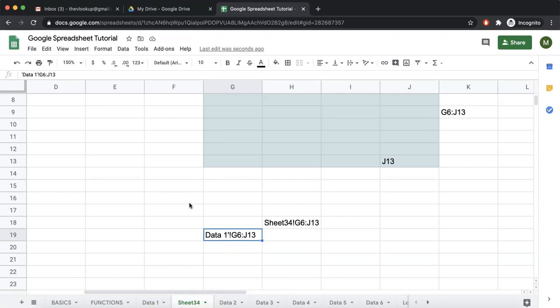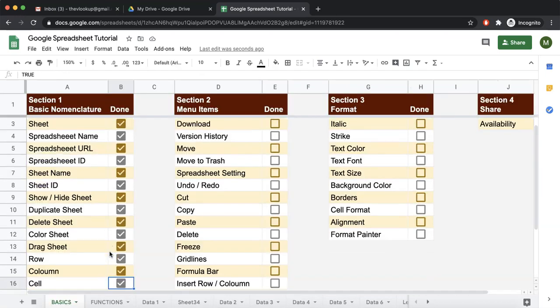When we write a single inverted comma in a cell, it hides it. So don't worry about why it's not shown. If you double click this, you can see it. When we use this in a function, you will get a clearer idea. But right now, just keep in mind that whenever you see something like this, where there is an exclamation mark, something on the left, and a range on the right, then you are sure that there is a sheet name, data 1, and in that sheet it is denoting this range. So this was about range.